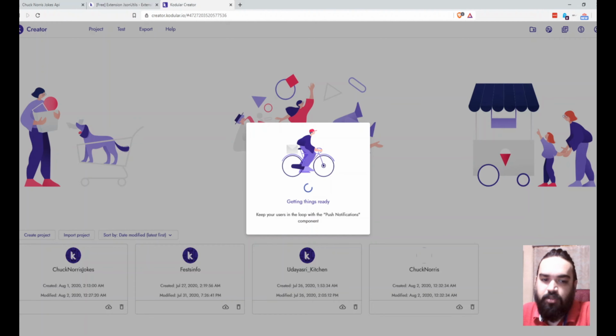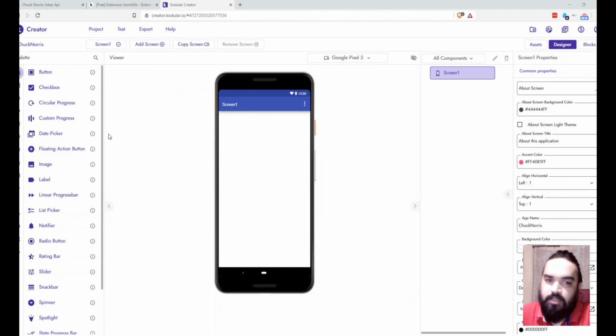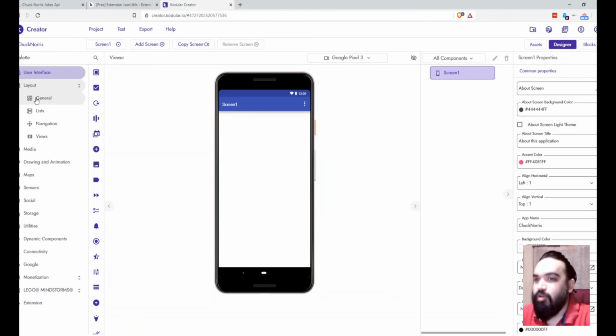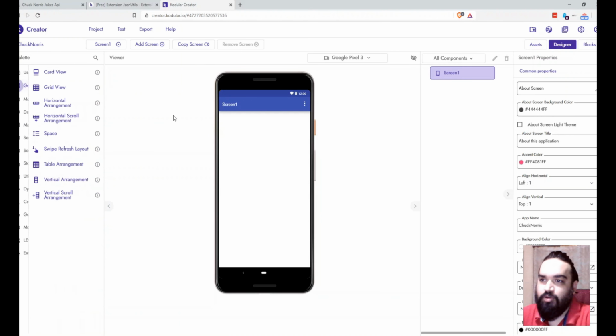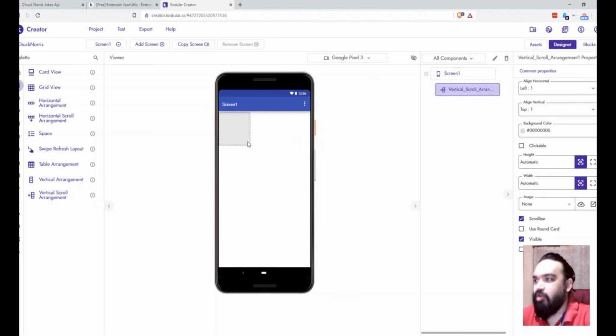And if you remember the demo of the app, we are looking at a text field which shows what the joke is, and then there is a share button, and then there is a reload button at the bottom. So this is your screen, and if the joke extends beyond the screen, we need to be able to scroll, right? So the first thing that we need is you go to layouts, and in general what you do is you have a vertical scroll arrangement. Just drag and drop it here, and I would do width as fill parent so that the width is covered.